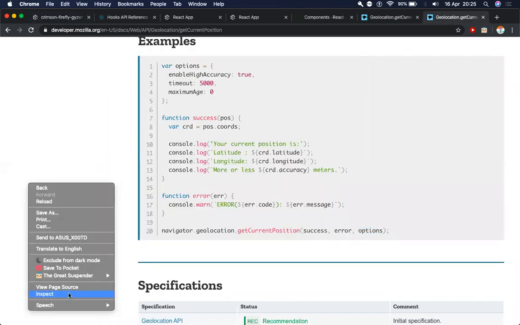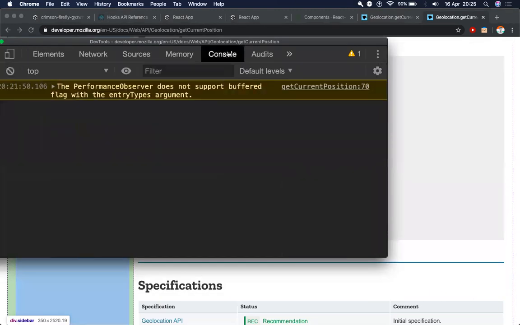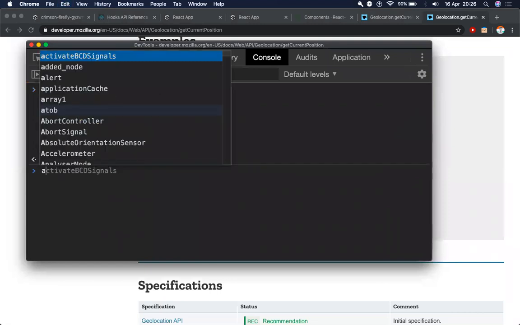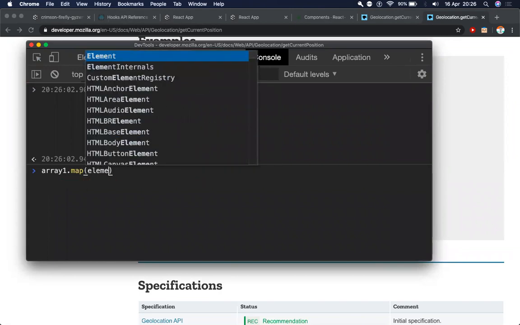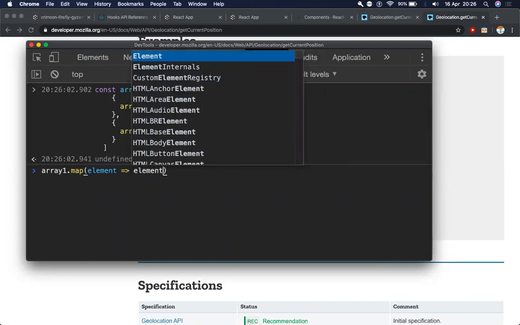to implement this, I'll move to the console. This actually is my favorite playground, the console, because you can paste any code here and you can practice by iterating over it. So what I will do is array1.map, and I will get each individual element here. What I can do here is do element.map.